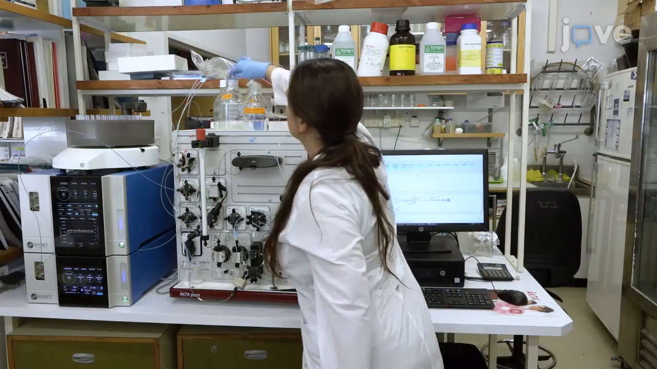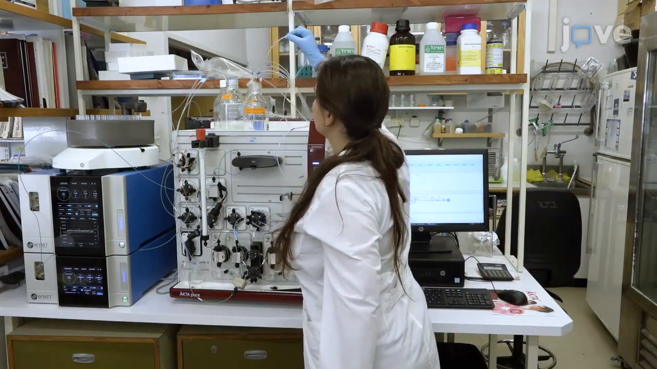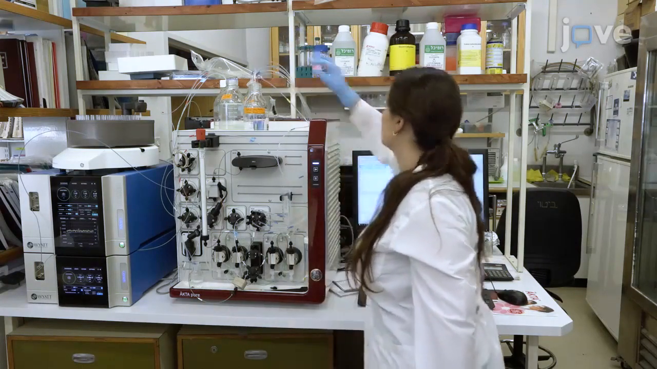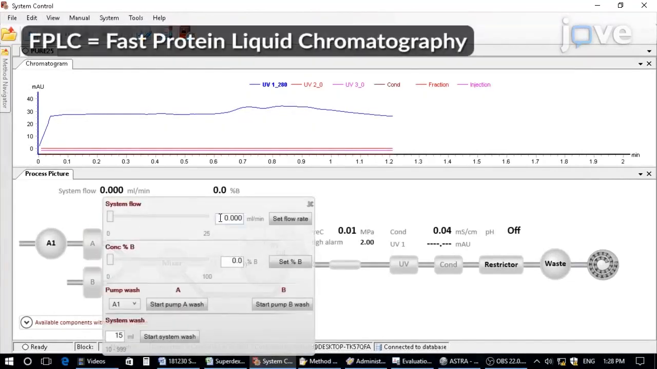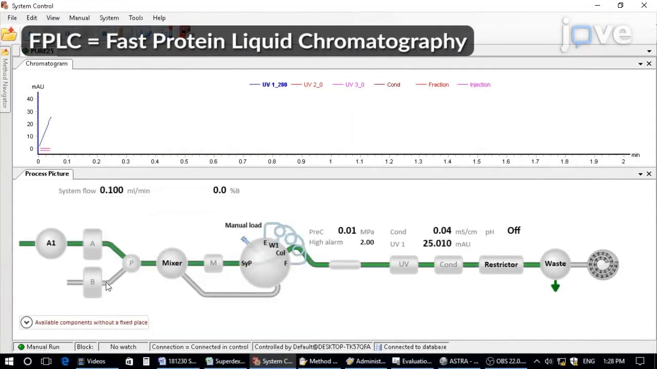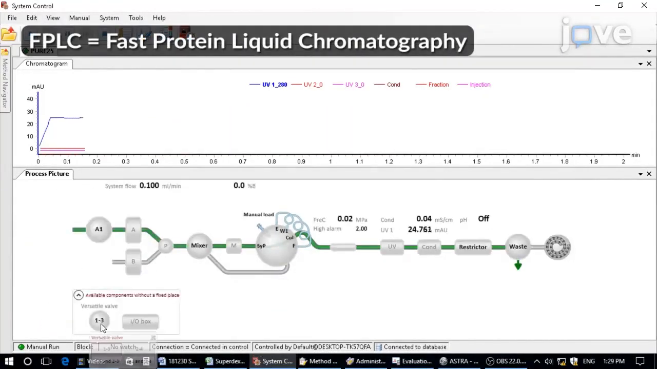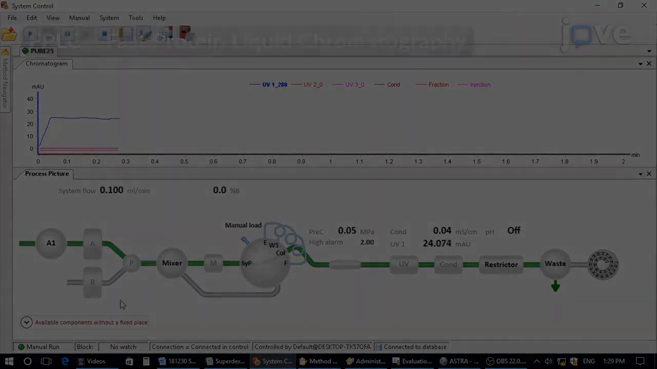Flush the column overnight at a flow rate of 0.5 milliliters per minute to equilibrate the column in the buffer and remove particulates. Use the FPLC's continuous flow mode and ensure that the flow does not stop until all SEC-MALS runs are complete. Place the DRI